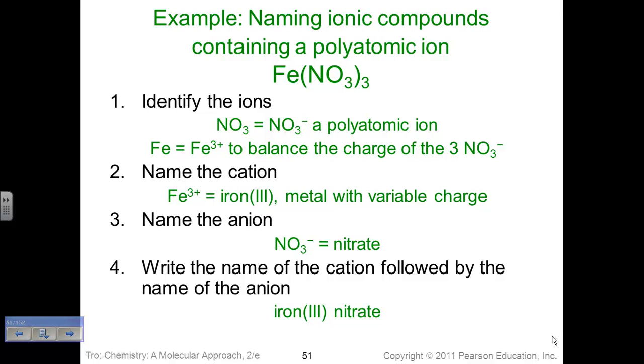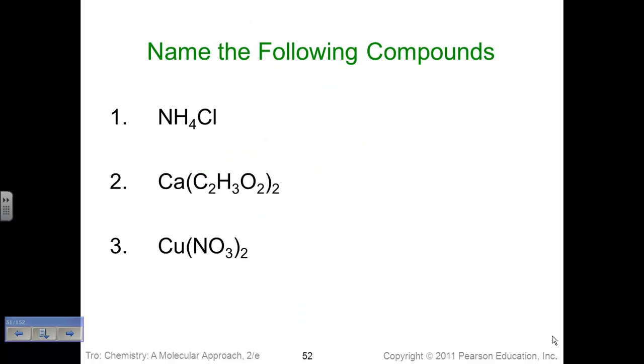Name the anion. NO3 -1. It's called nitrate. Put it together, we simply find the name of our compound as iron, Roman numeral 3, nitrate. Fe(NO3) taken 3 times, iron 3 nitrate. Try this with your polyatomic